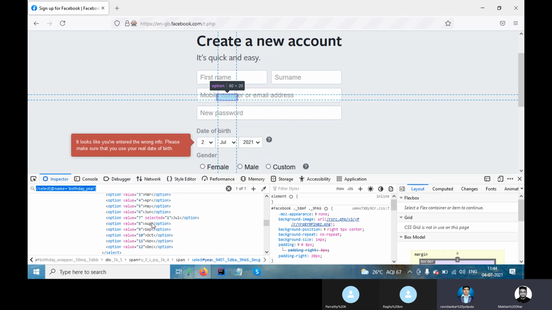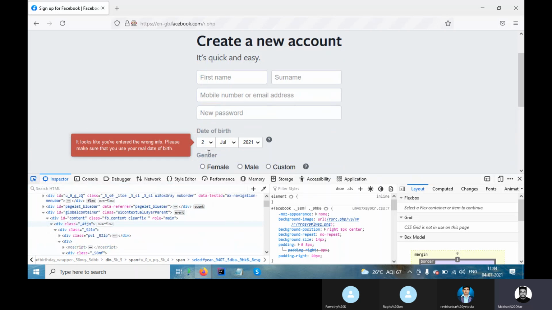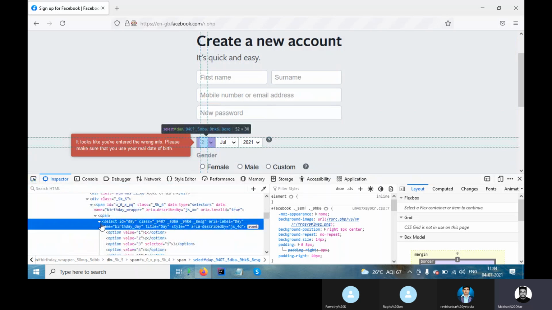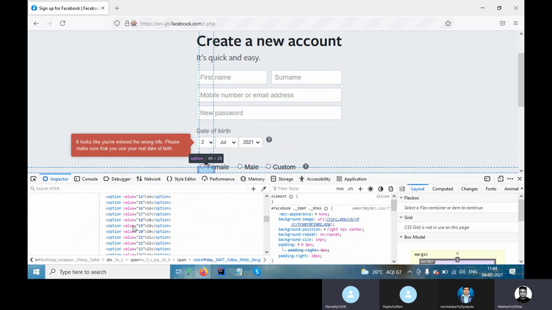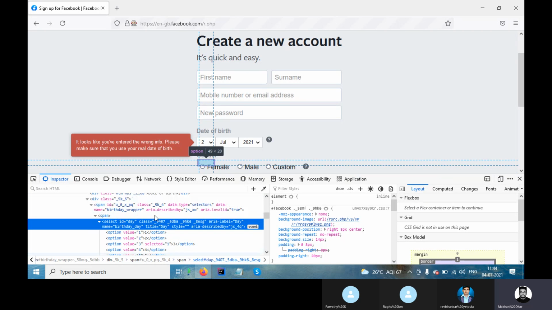Whenever you are searching for any drop down, obviously that drop down should have all the values. You will always get options if it's a drop down. Whatever values are available under the drop down, it should have those values.